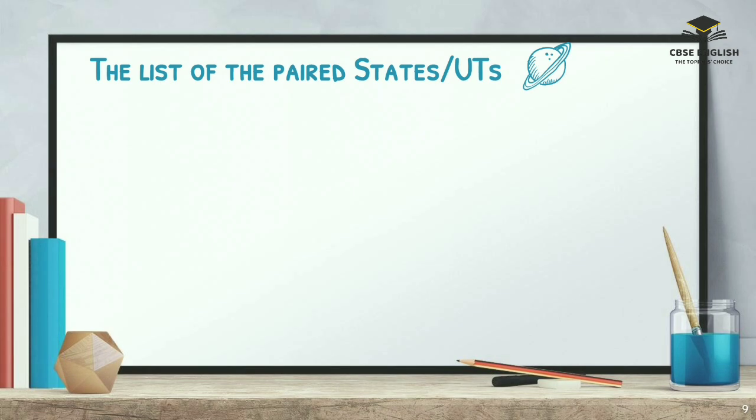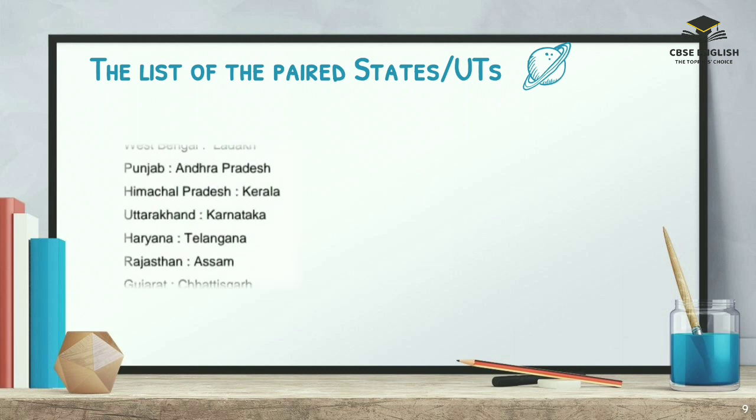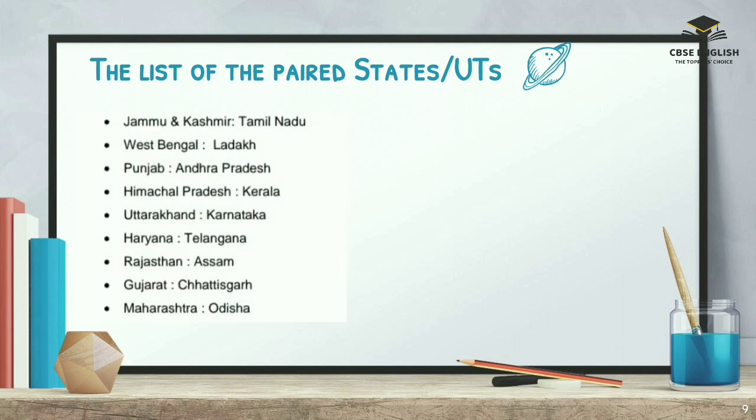Here is the list of the paired states and union territories. Jammu and Kashmir is paired with Tamil Nadu, West Bengal with Ladakh, Punjab with Andhra Pradesh, Himachal Pradesh with Kerala, Uttarakhand with Karnataka, Haryana with Telangana, Rajasthan with Assam, Gujarat with Chhattisgarh, Maharashtra with Odisha,